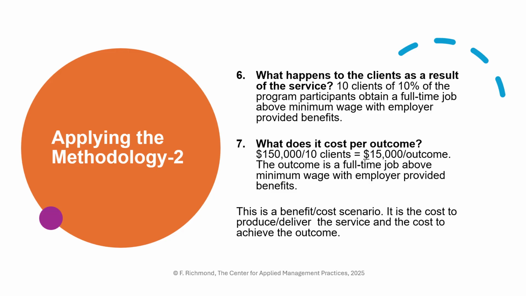Right, what did it cost per outcome? And by the way, when people see numbers like this 10, they don't want to report because they think they failed, when in fact that's only part of the picture. So number 7, what did it cost per outcome? Well, I spent the $150,000, that's gone. I divide it by 10, those are my success stories. And when I'm done, it cost me $15,000 to produce that outcome. So $1,500 to produce the service, we understand that difference, okay? And $15,000 to be successful. So this is the benefit cost. If we stop here, we're in trouble.